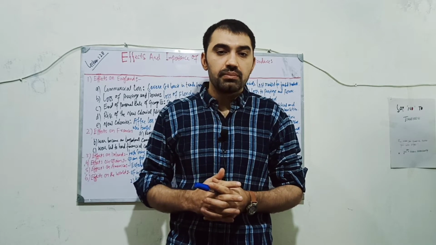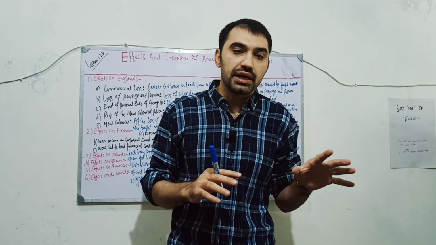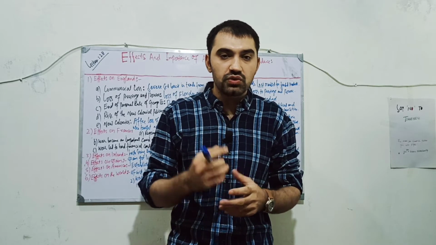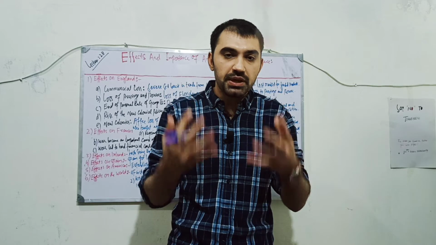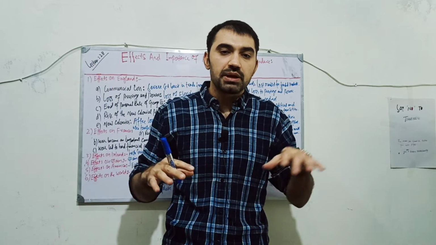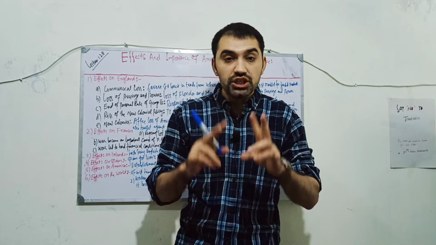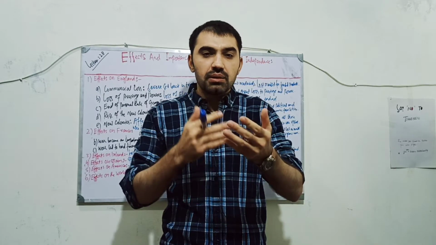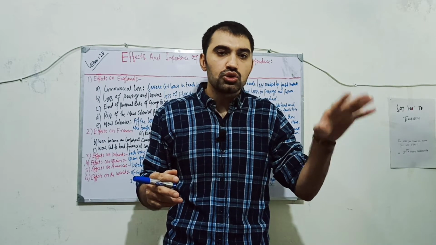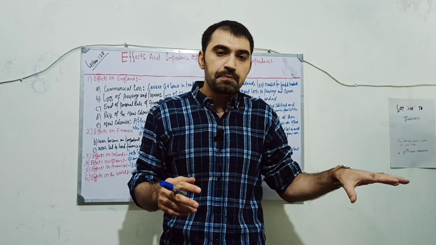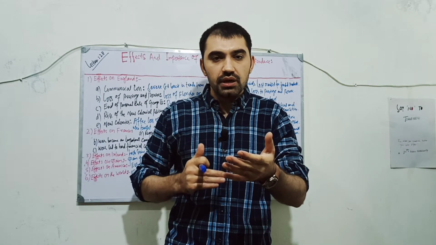two problems for the English, or for Britain. The first one is how to compensate those who fought against the United States of America. The second one is how to deal with those criminals and prisoners that they would earlier send to America as a result of committing a crime or violating any state's law. So these two problems arose. For the solution of these two problems, to deal with the prisoners and criminals and to compensate those who fought on the side of England against the 13 colonies of America, they